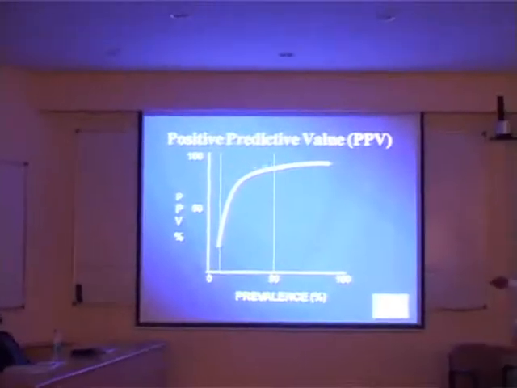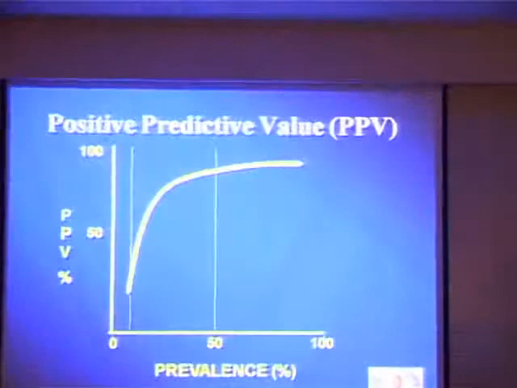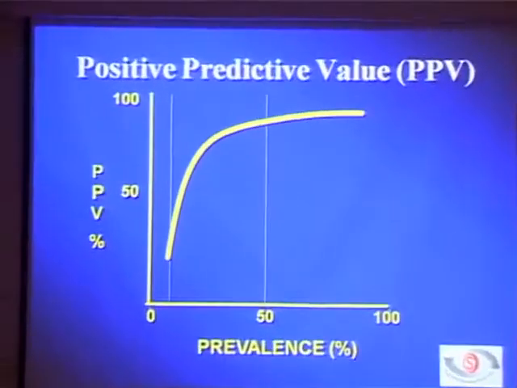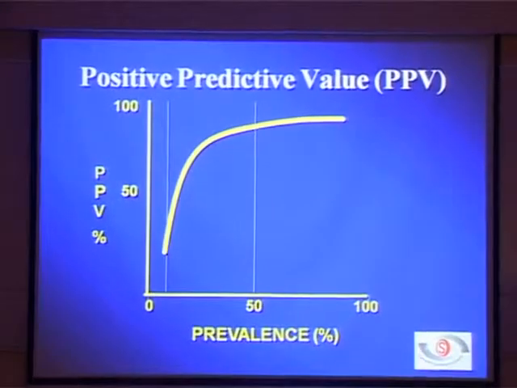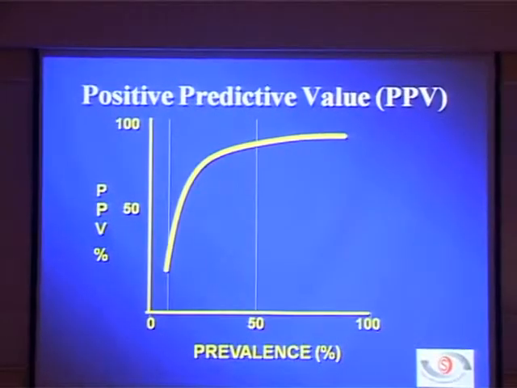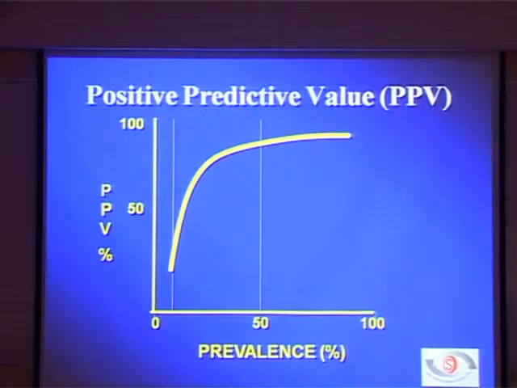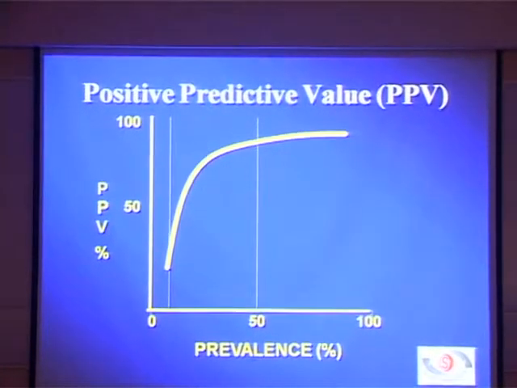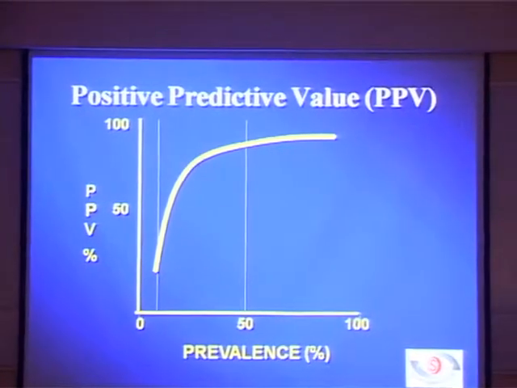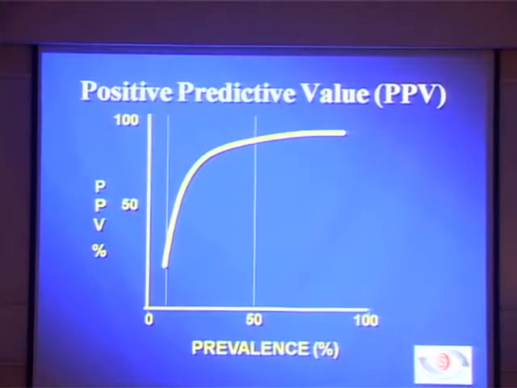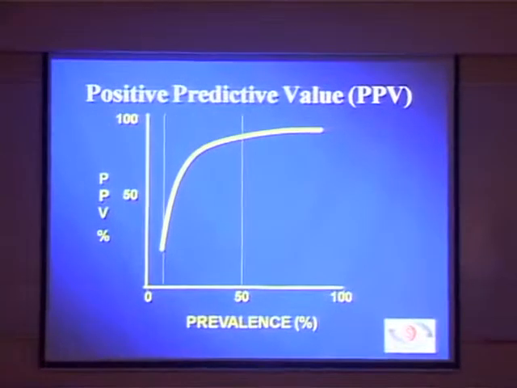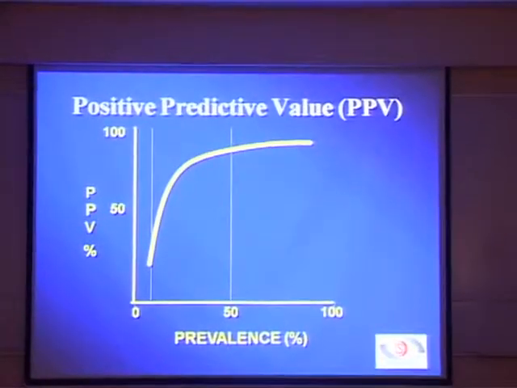As the prevalence increases, positive predictive value increases. So if you want to identify more and more disease, what we need to increase is prevalence. And how you can increase the prevalence is to do the test in a high risk group. If I have to do glaucoma screening, I am not favoring screening, but if I have to, then I will do glaucoma screening in patients more than 40 years old, people who have a family history of glaucoma, people who have certain other eye diseases, because even if it's a false positive, we are picking up something.